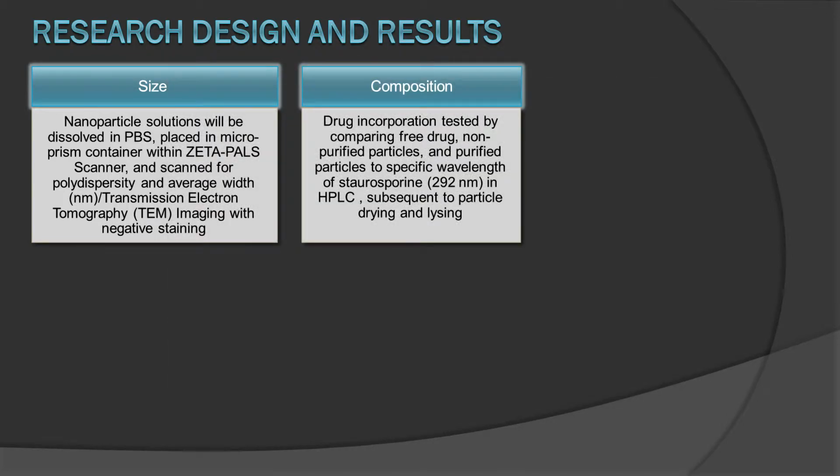So next thing to check is the composition. The drug incorporation is tested by comparing the free drug, which is just staurosporine, non-purified particles, which is just the output of the microfluidics chip, with all of the water and solvents, as well as the purified particles, at a specific wavelength of staurosporine in high-performance liquid chromatography, which allows us to see exactly how much of the staurosporine we included and exactly how much ended up in